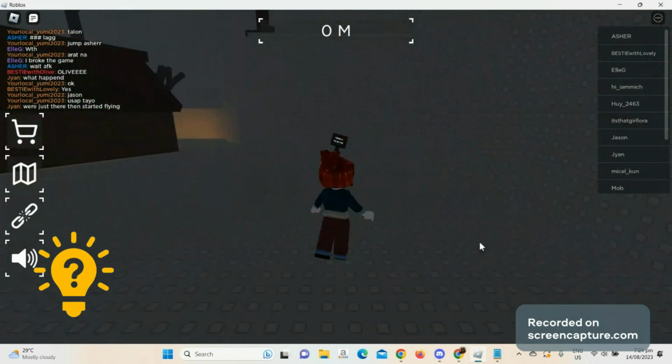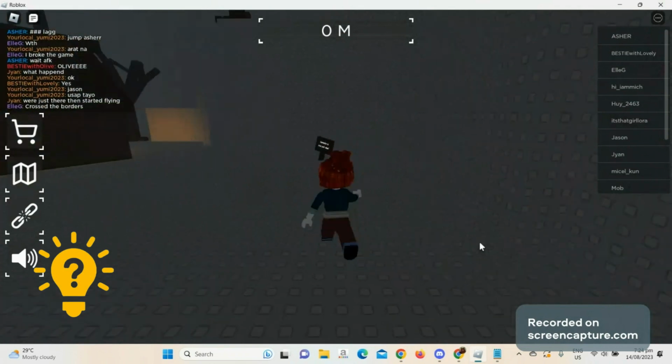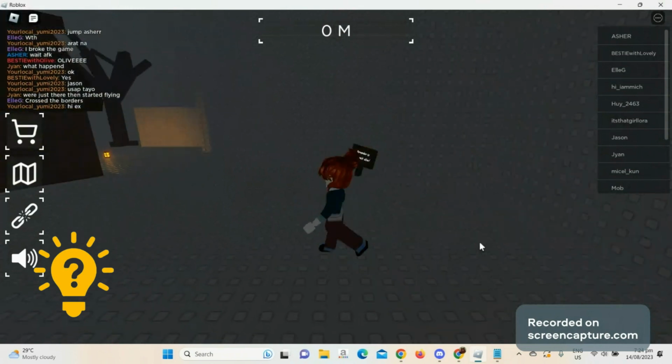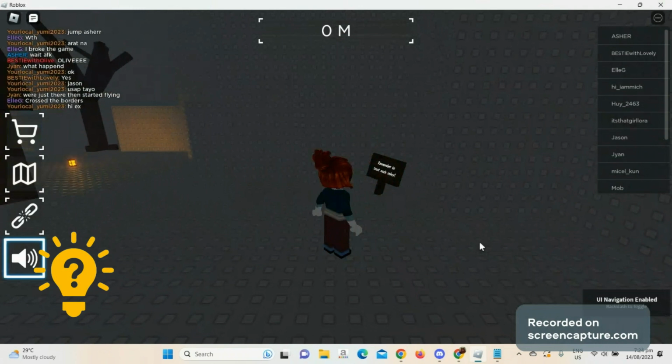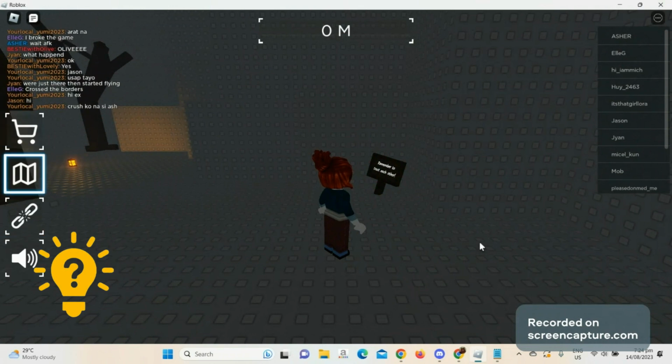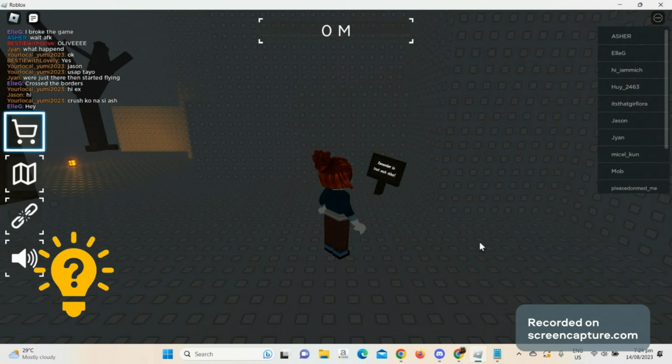So while playing any Roblox experience, either on your PC, tablet, or mobile device, you might enable the UI navigation by mistake. And as you can see, I cannot move, and it's just the left part that is moving. So to fix this